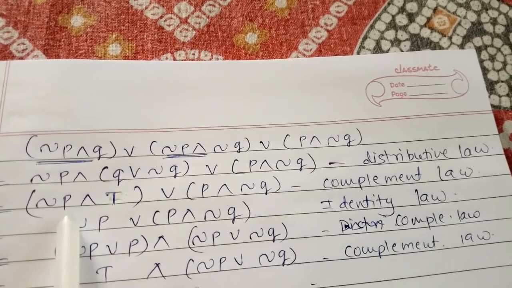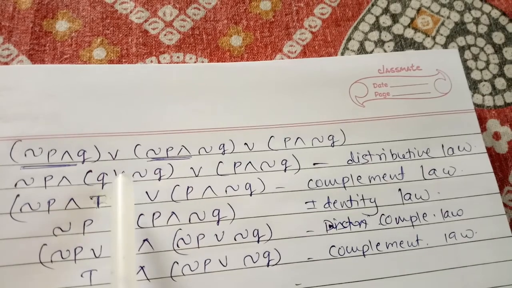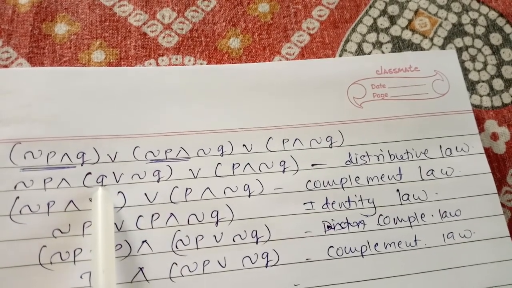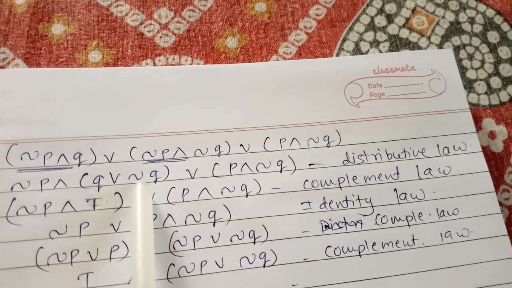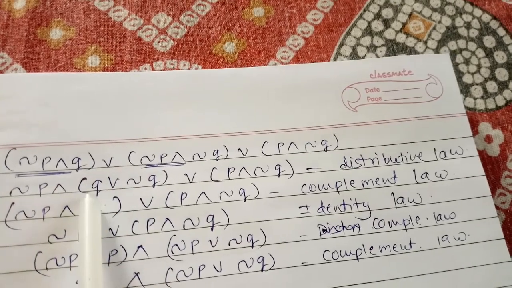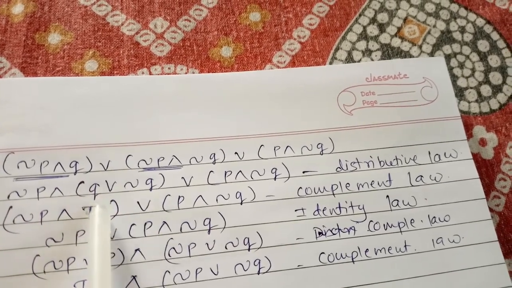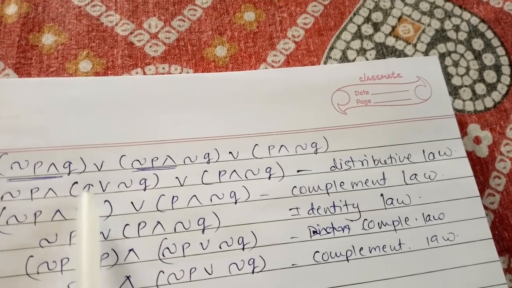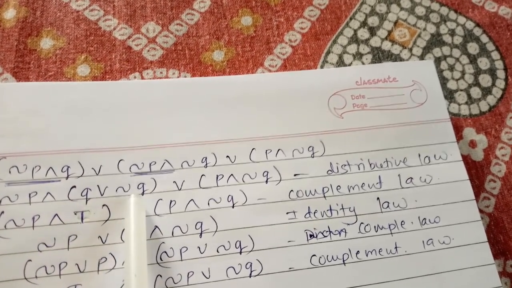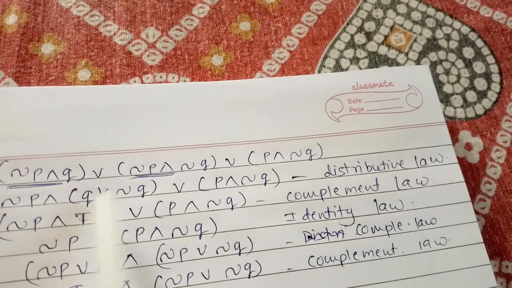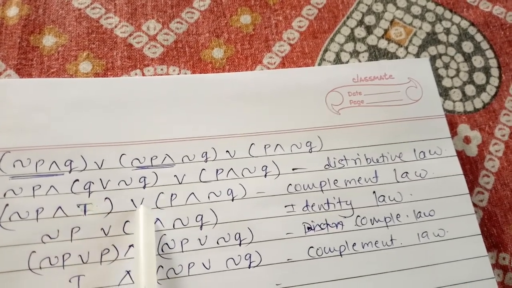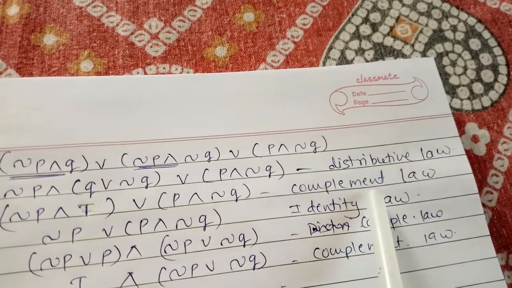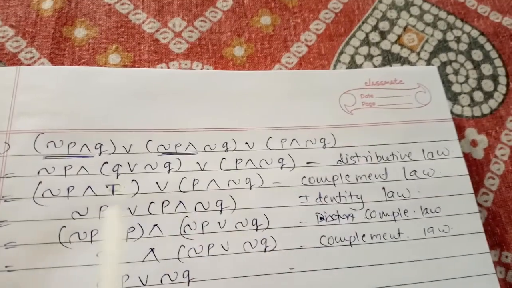Next, that is negation P conjunction. So what is the result of this one? So true disjunction, negation of true means false, so true disjunction false. What is the answer? It is true, because if both are false then it is false, but here we get the true and false. The disjunction between them is always true, and the remaining part is as it is, so we use it by complement law.